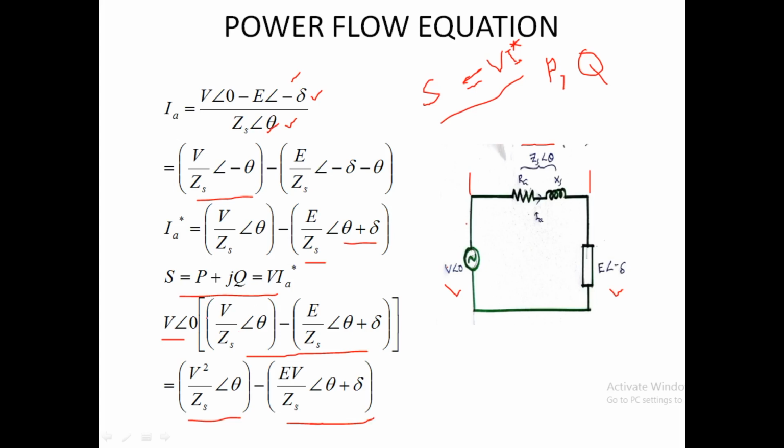Now if you get a quantity like this, you have to find the real and imaginary parts of the total quantity, P plus jQ. P is the real part, the active power, and Q is the imaginary part, the reactive power. If you get a term in polar form, you take the magnitude as it is, but take the cosine of the angle, and you will get the active part P. For any complex quantity you can do it like this. And if you take the sine, you will get the imaginary part, which here is Q.